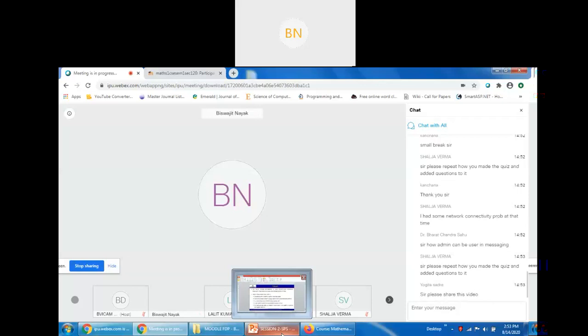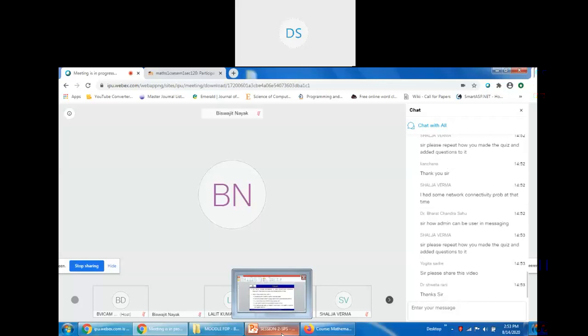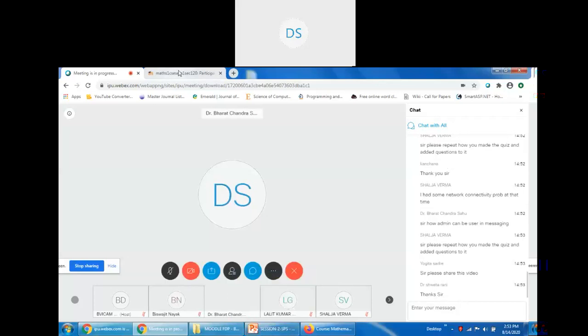Sir, how can the admin do it? The user was not able to see messaging. Sir, we are not in the role of admin. Suppose I being the course teacher, I can send messages to my enrolled students. Similarly, in Moodle, multiple teachers are registered and those are managed by the administrator.